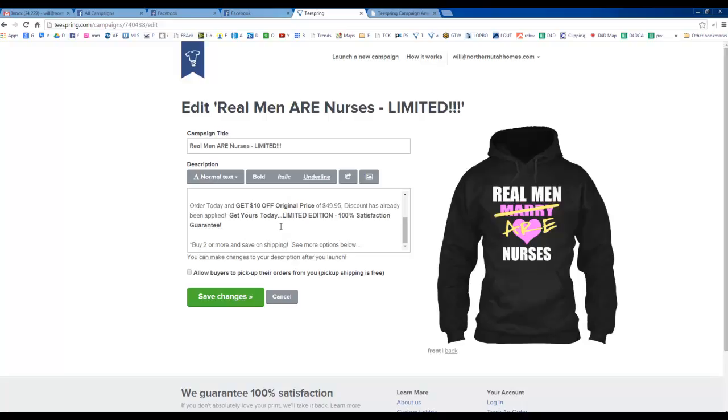So anyways, all right, let's add some scarcity here. And not false scarcity. This is a limited time campaign. So, and let's see. What options below? We'll just add something here to the effect of